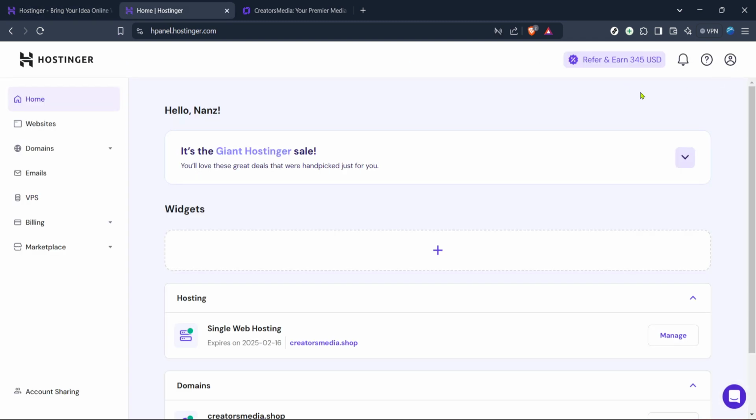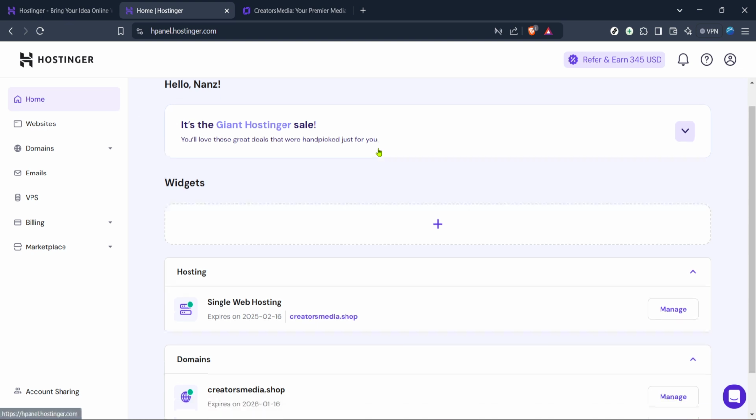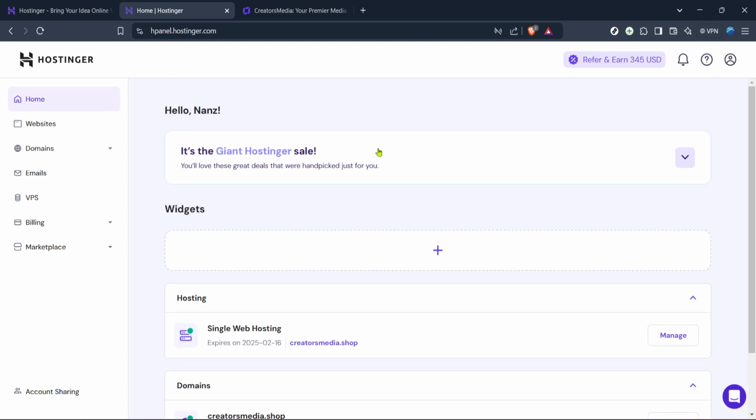If you currently remember your password, simply go ahead and log in as you normally would. If you need to reset your password because you've forgotten it, there should be an option to retrieve or reset it on this page, usually just below the login fields. After successfully logging in, you'll be directed to Hostinger's hPanel dashboard. This is your main hub for managing all things related to your website and account.